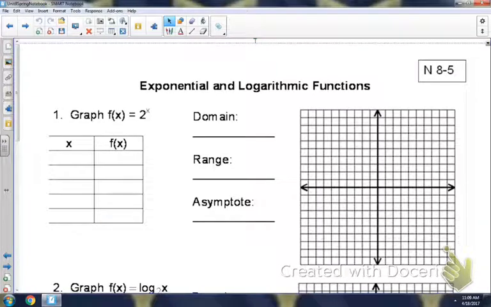Okay, on notes 8.5, we're going to be looking at more functions. Today we're going to be looking at exponential and logarithmic functions. So we've talked about those briefly before. Exponential, remember we had a growth or a decay, and then the inverse of an exponential was a log function. Okay, so our exponential parent function